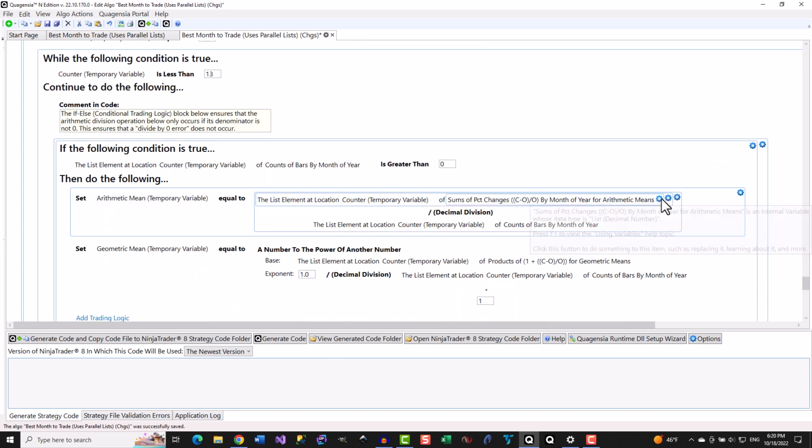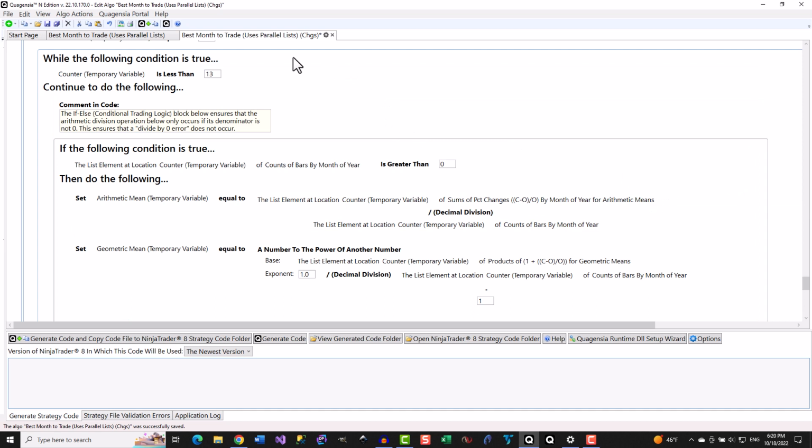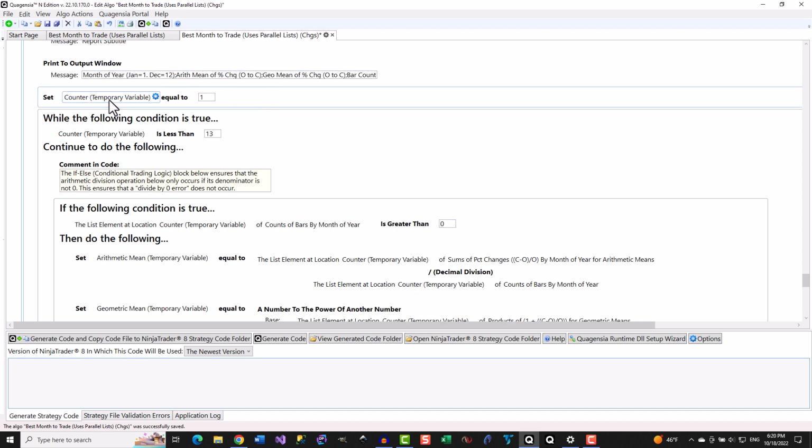Instead, we will focus on this block of logic that says, while the following condition is true, continue to do the following, because it is an example of a loop that does a set of actions some number of times until the set of conditions here is no longer true. When the execution of this strategy's logic gets here, an internal variable called counter temporary variable is set to 1.